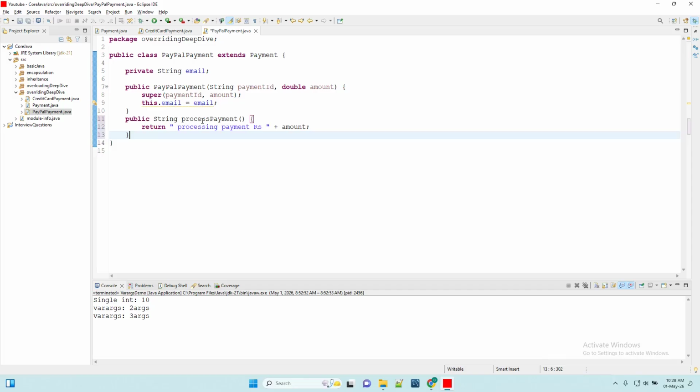So now we are processing the payment using PayPal. So what will we be giving? We will be saying debiting amount, debiting from PayPal account, rupees amount, and from PayPal account, from, let's give Gmail here, from email PayPal account trace this amount. Okay,